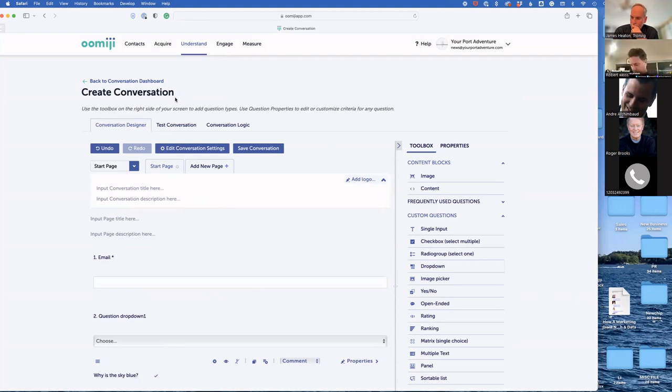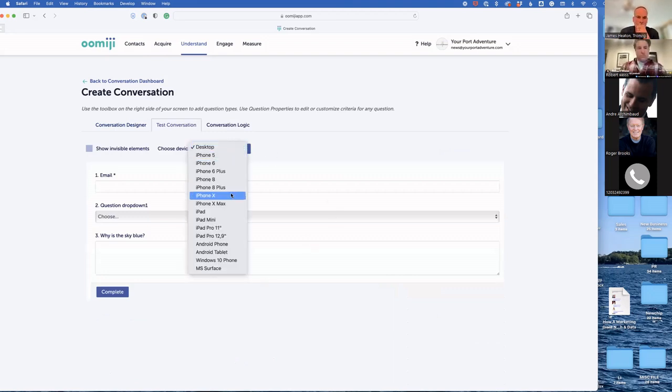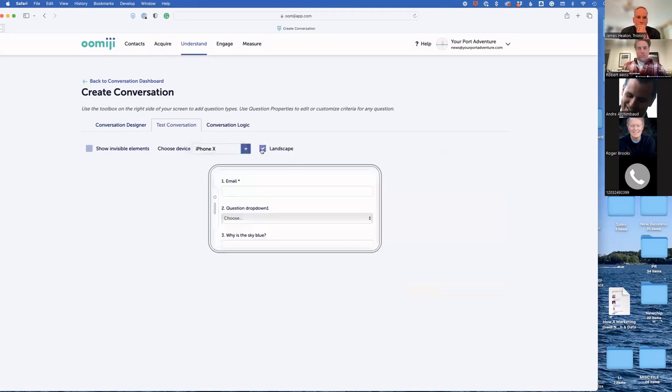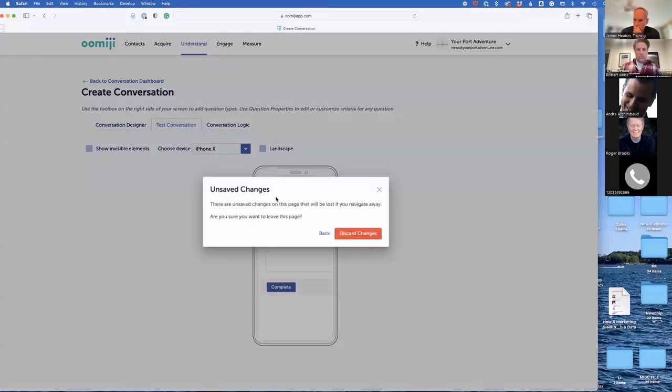We call them conversations because clients, as you probably know, like to ask their customers 20 or 30 questions, but people get survey fatigue at around 8 to 12 questions. So we advise clients, ask 3, ask 4. You can go back in a month and ask another 3 or 4. What you're doing is building out customer personas. You can see what it's going to look like on a computer. You can look at an iPhone to see what my questions are going to look like there. I can turn it to see what it's going to look like there. So we've got a bunch of different convenience things there as well.